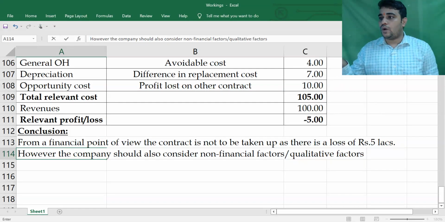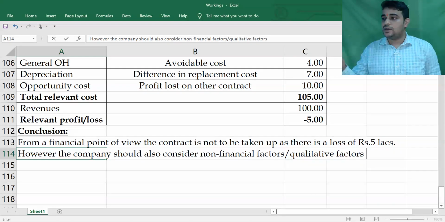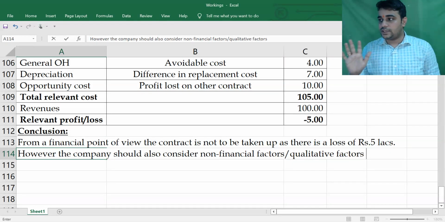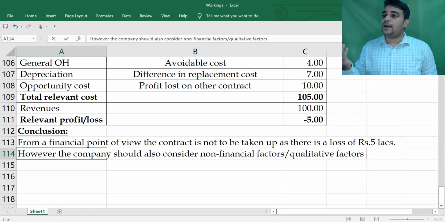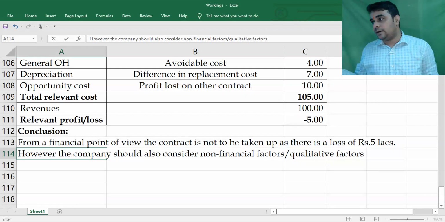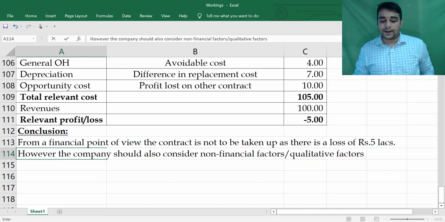Technically it's subjective. Qualitative is subjective, quantitative is objective. If I say loss is 5 lakh, everyone in the room will say project is not to be taken up. Whereas subjective matter, some people will say take it up, some people will say not to take it up. So qualitative factors such